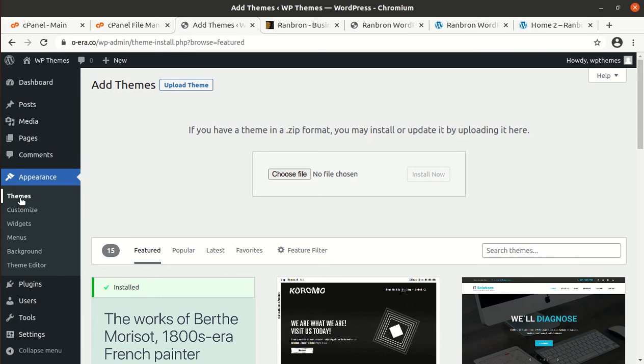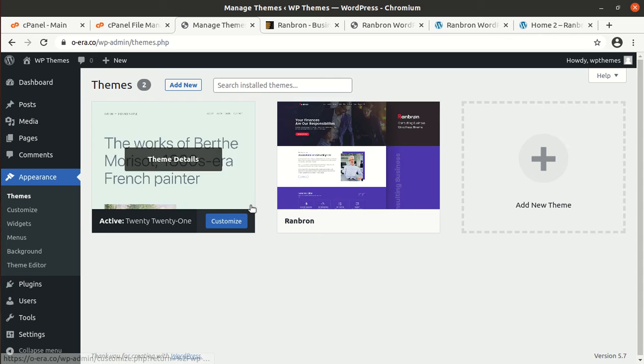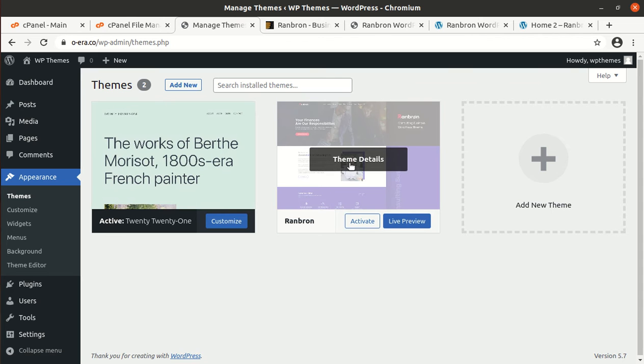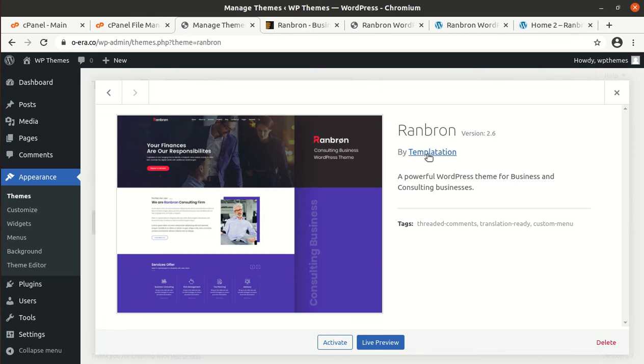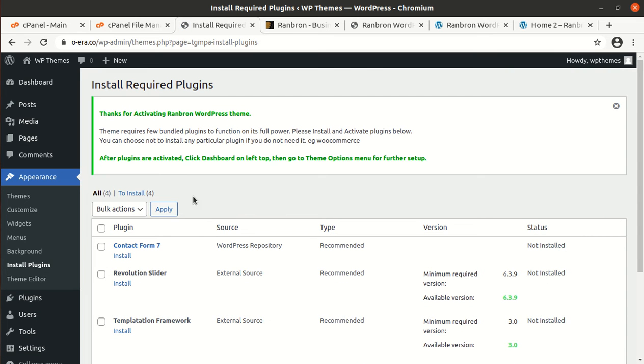Go to the theme section of WordPress. Now we have Ranborn as another theme option. Let us check the details. This is Ranborn version 2.6, a powerful WordPress theme for business and consulting businesses. Activate it now, and upon activation,